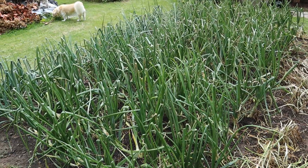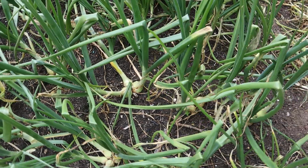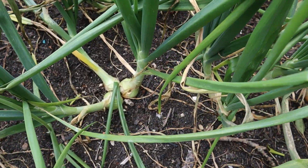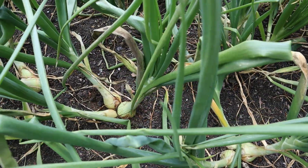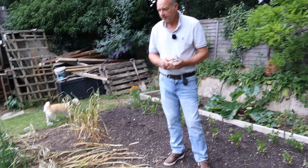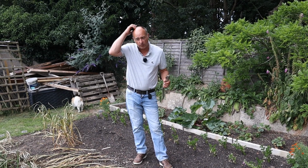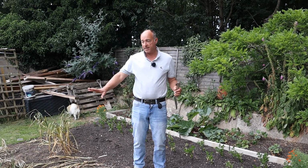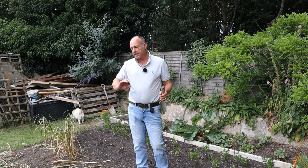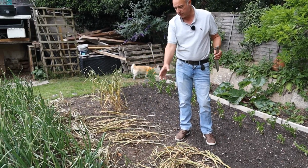They're swelling up really, really nicely. And I would guesstimate for us that sometime toward the end of July, they will be ready for their harvest. But do keep an eye on them, because as I say, it very much depends on when you sowed them and planted them in the ground. Some people's onions won't come ready until the end of August. And generally they're ready for their harvest when the leaves have turned brown or white, as you can see with the shallots here,